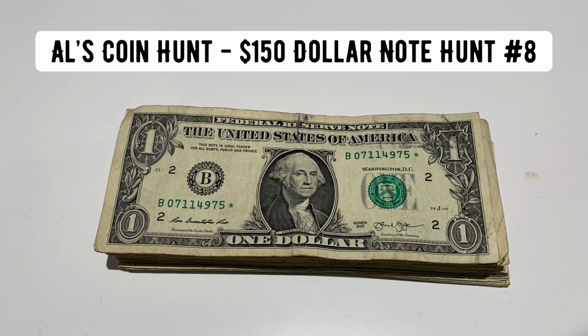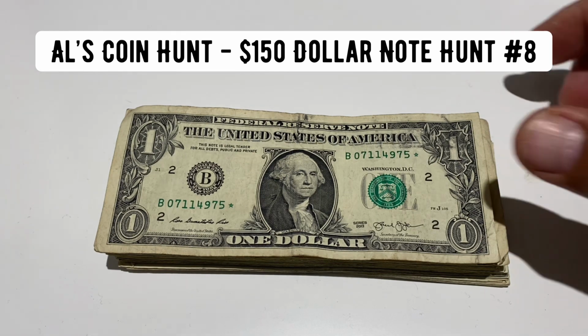Just wanted to go over these $1s. I wanted to start this off with a really great find. I was going to the store today for lunch and decided to pay with cash. Usually I pay with card, but today I was like, let me just pay with cash. And then I got this